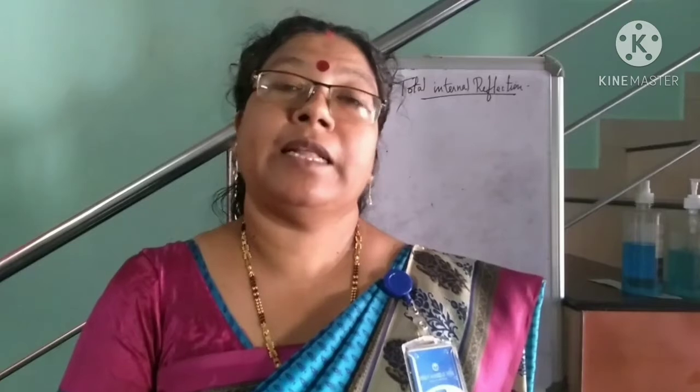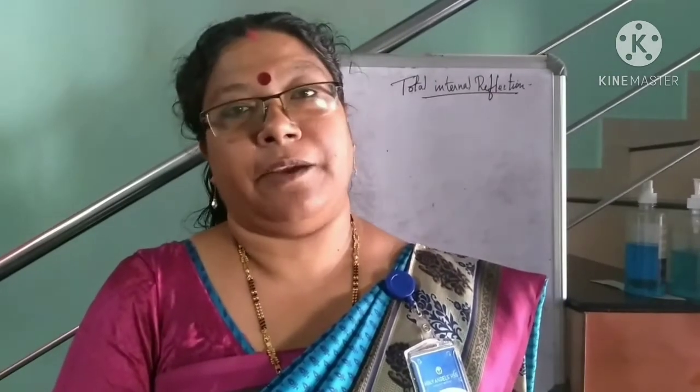Now we will move on to another portion, that is total internal reflection. So far we were studying about refraction, but this is total internal reflection. Consider a ray of light passing from a denser medium to a rarer medium. Here the denser medium taken is water and the rarer medium taken is air. In your textbook there is an activity given: a jug of water is taken and through the jug of water a ray of laser beam is allowed to fall, and that activity is done here.